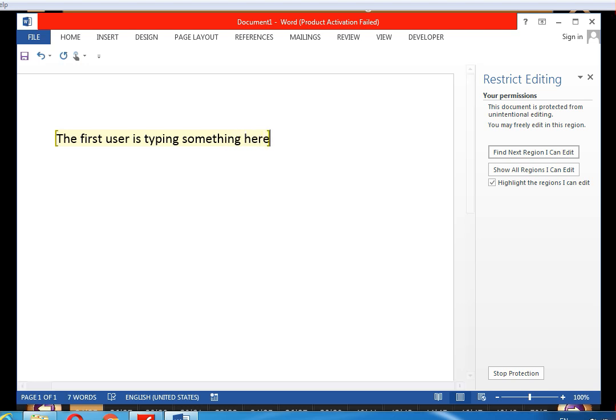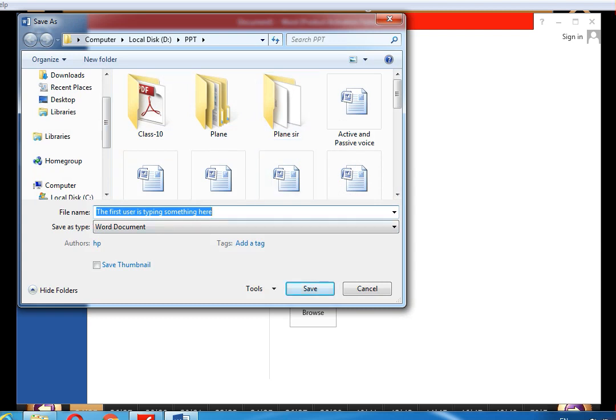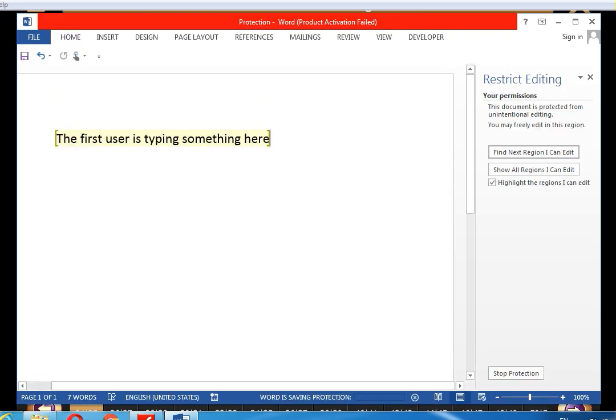Now if we save this file with the name protection, here we save this file.